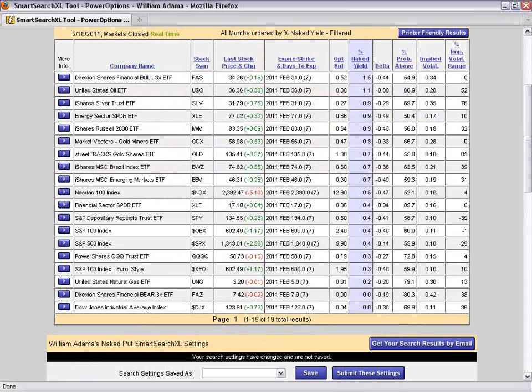Okay, I'm pretty sure I think I see them. So the other remaining ones that are new, I'm pretty sure UNG might be new. We had the indexes of OEX, SPX, XEO, TJX was already there, FAZ we knew, SPY of course, XLF was there, EEM. I think this EWZ is a new one, Brazil Index, SLV was in there, XLE. I think these are the 3 new ETFs that were added. I know the oil was there before. I know FAS and FAZ were. Silver was already in there, the 2 golds. IWM had to be there because the Russell was there as well. So I think those are our 3 new ones, UNG, EWZ, and XLE.